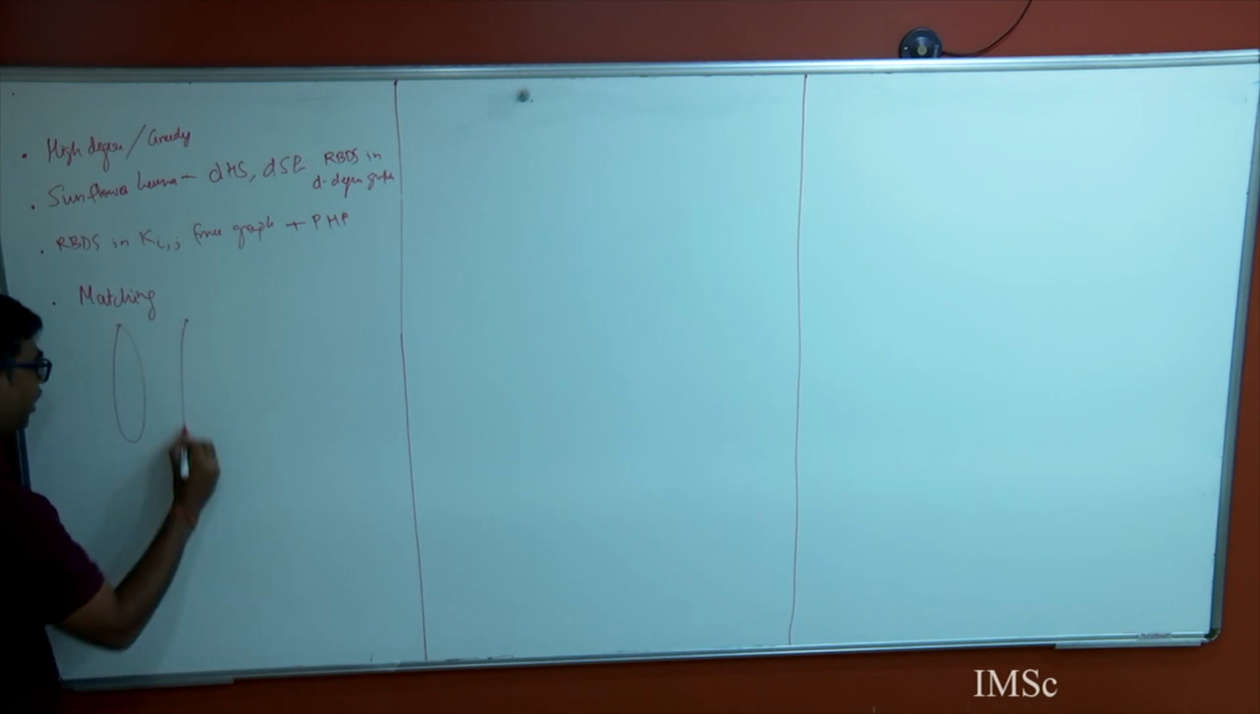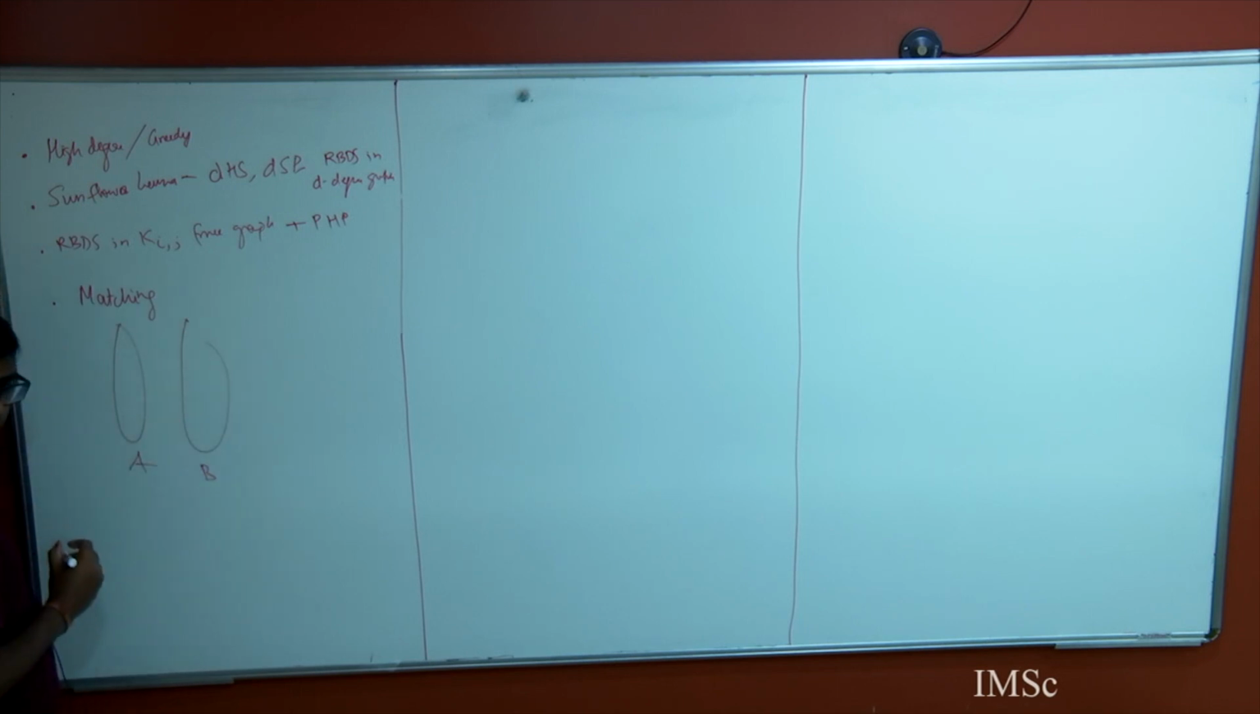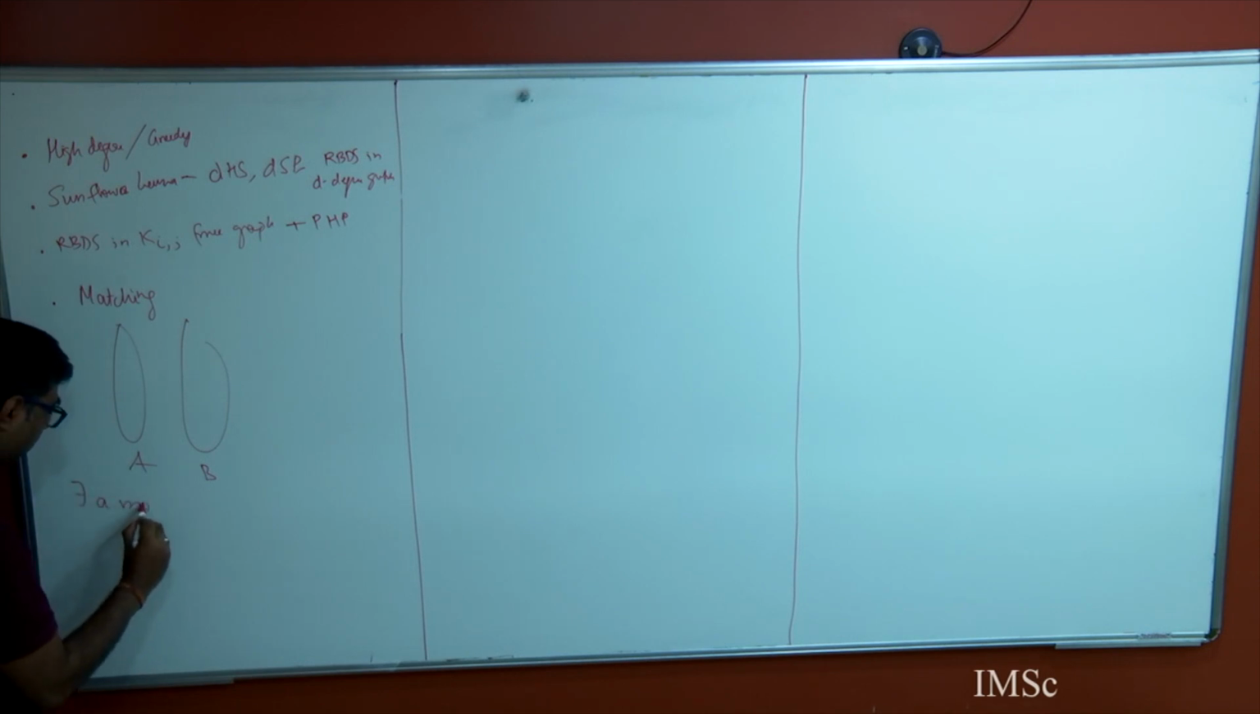It tells us that if you have a bipartite graph A and B, there exists a matching